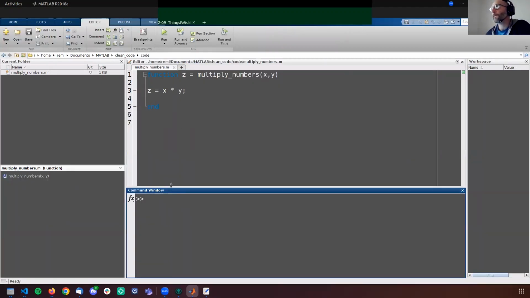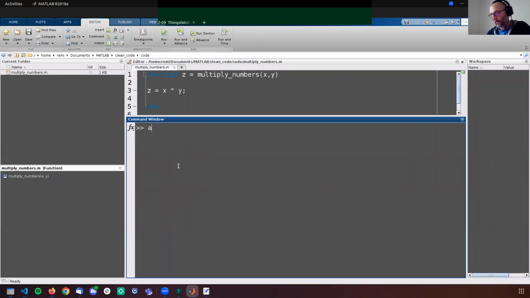Assert works in this way: if I pass the value true to assert, nothing happens. If I pass the value false, assert fails. That's pretty much the only thing that it does. If you give it something that's true, nothing happens, and if you pass it something false, it throws an error.